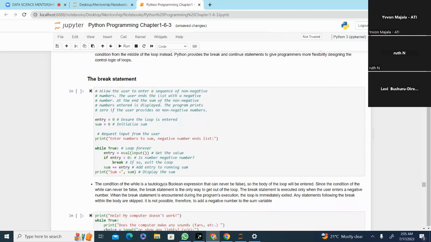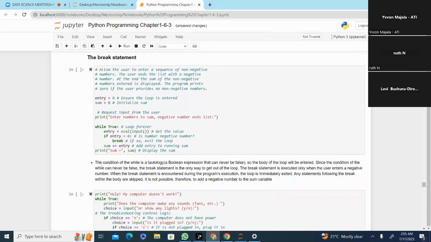So for example, I want to make this program where now I'm initializing my loop. I set my entry to be 0 and my sum also to be 0. Then I'm requesting the user to enter numbers to sum. A negative number will end the list. But now, because I'm using the break function, it means